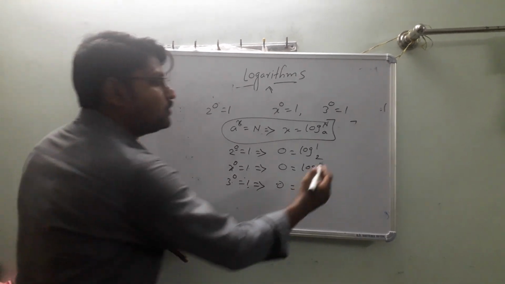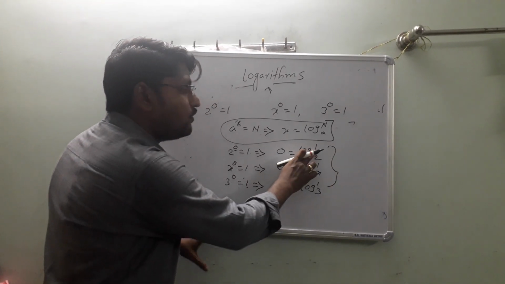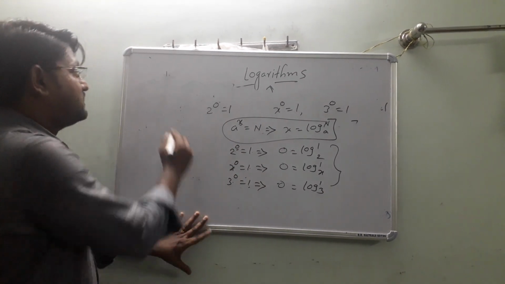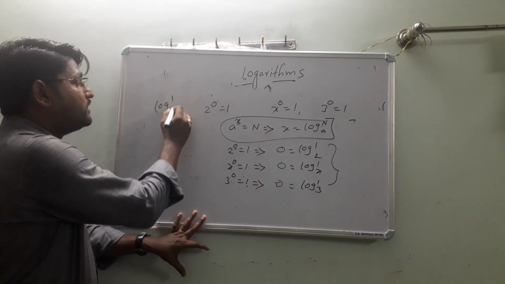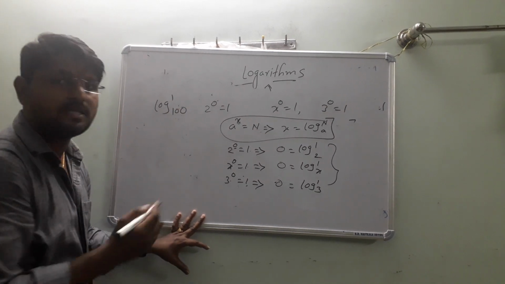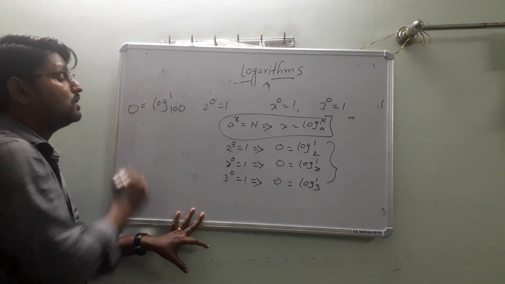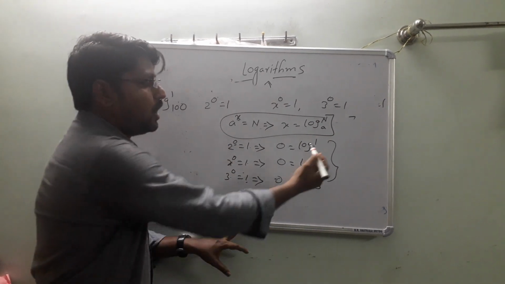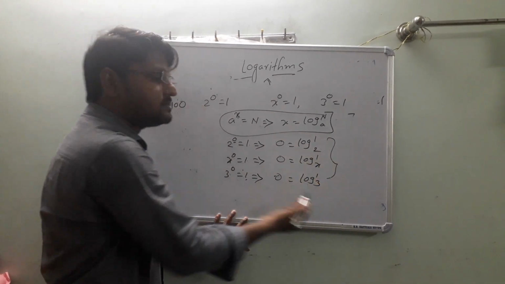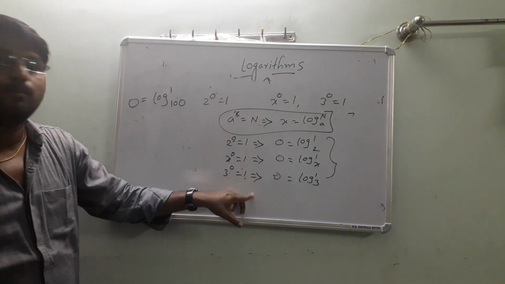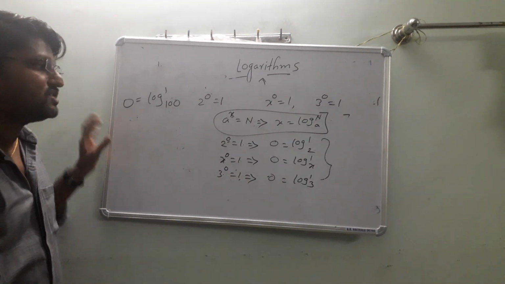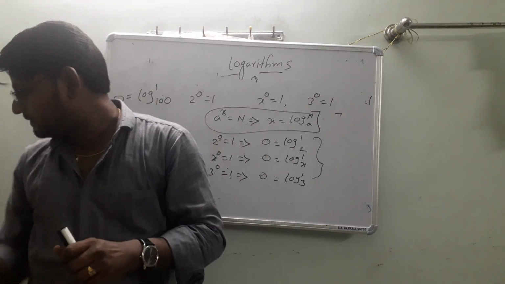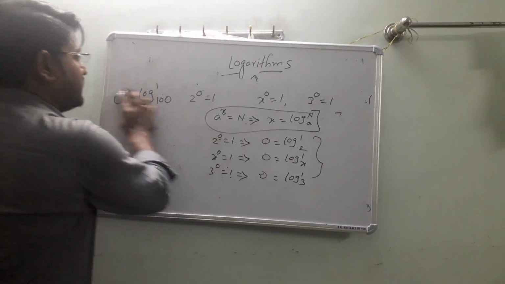So what do we have to observe? The logarithm of 1 to any base, the answer is 0. For example, log 1 to the base 100, what is the answer? It is equal to 0. So just now I explained the condition and proved it here. Log 1 to any base, the answer is 0. This is a very important condition. The first condition: the logarithm of 1 to any base is 0. Go to the next one.